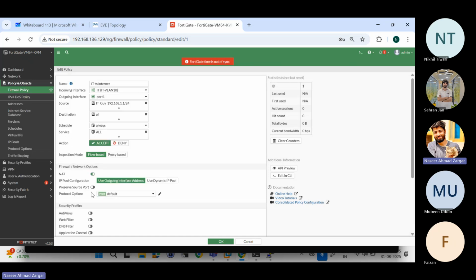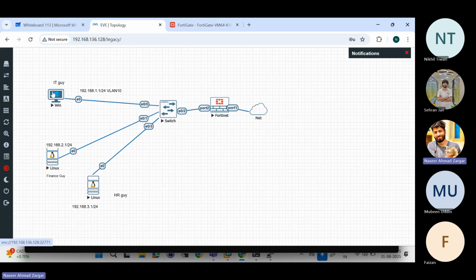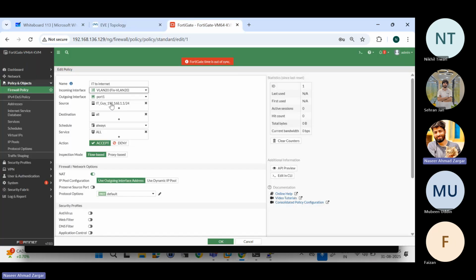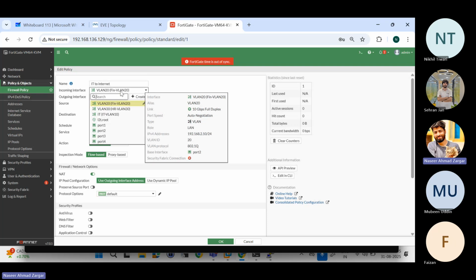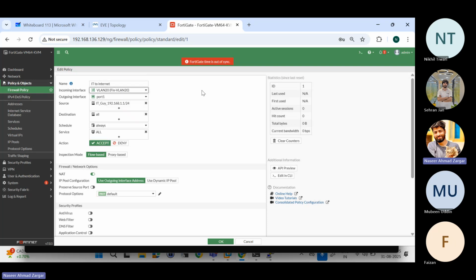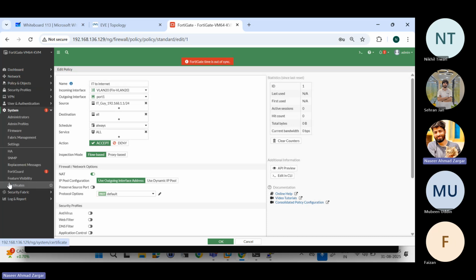Now, what I wanted to discuss here is how you can enable or call multiple interfaces in the same policy. If I say this is my topology, and IT guys are just allowed to the internet, I want to make sure that the finance guy also has some requirements on the internet. He wants to access some financial stuff, maybe some banking websites, so I just have to allow him. If I select VLAN 20, it just replaces VLAN 10. So in those cases where you want to call multiple interfaces within a single policy, what you basically do is